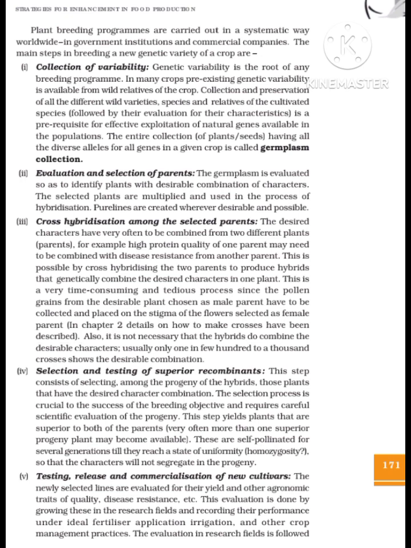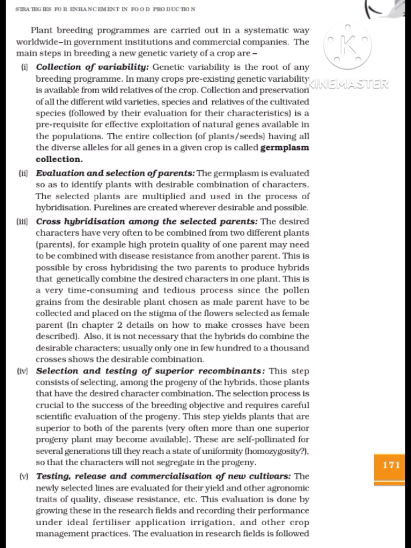Strategies for enhancement in food production. Plant breeding programs are carried out in a systematic way worldwide, in government institutions and commercial companies. The main steps in breeding a new genetic variety of a crop are: